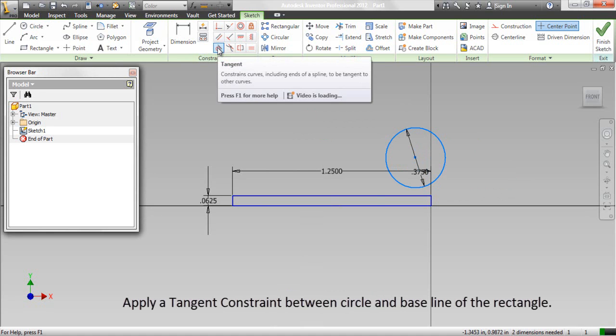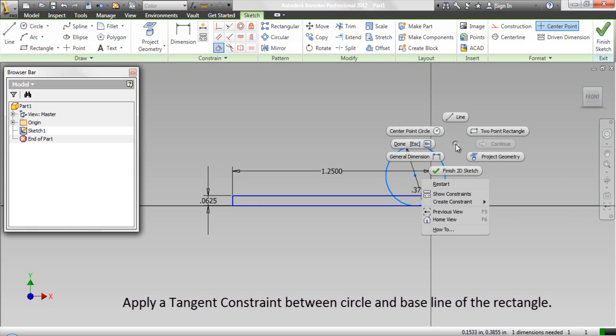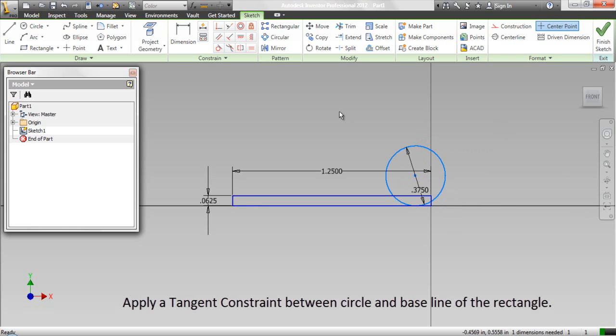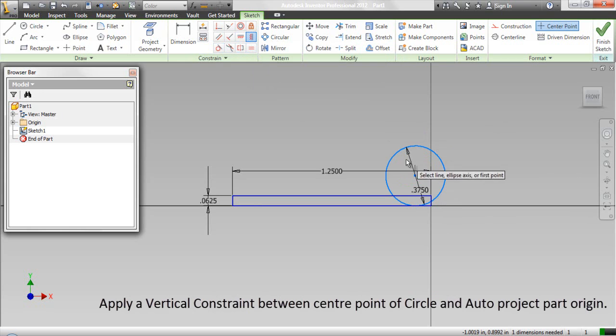Apply a tangent constraint between the circle and the baseline of the rectangle. Apply a vertical constraint between the center point of the circle and the project part origin.